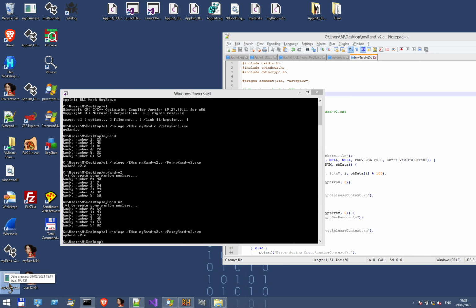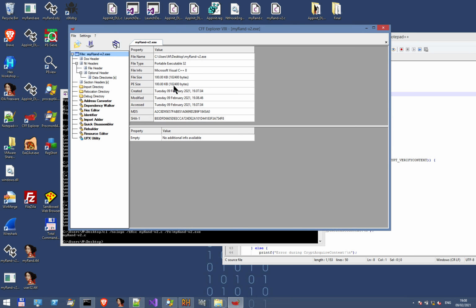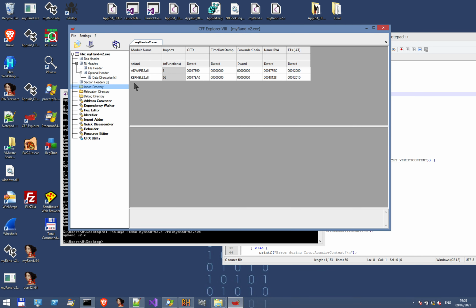Got version 2 here. What can we see in CFF Explorer? The program doesn't import the library. More mysteries.